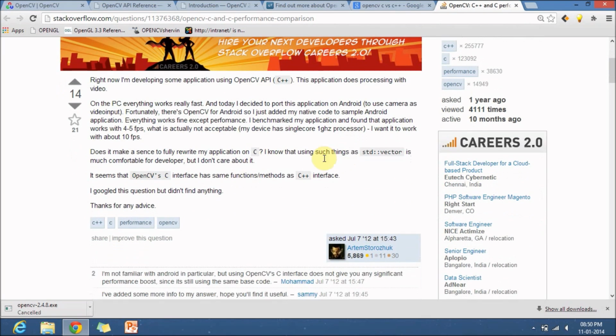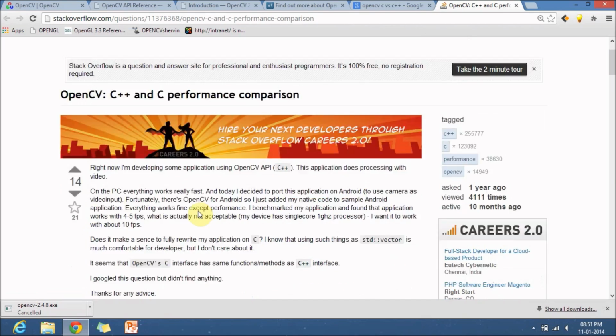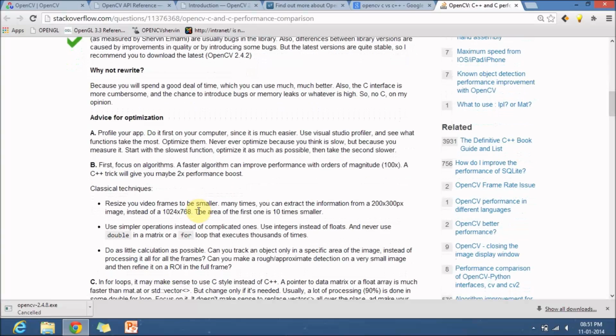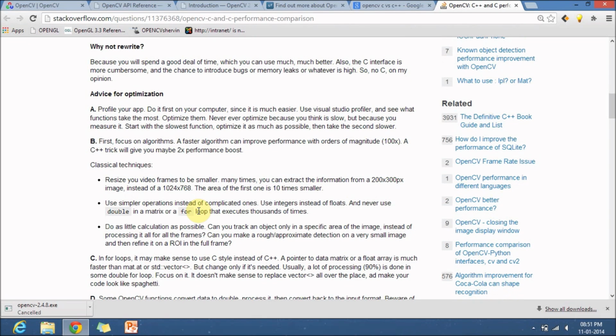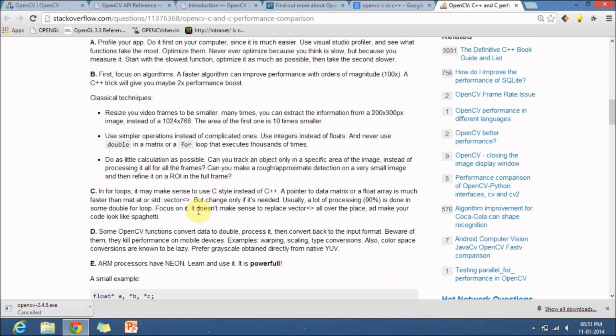In that, someone posted regarding the performance of C versus C++. This post says that the performance of C and C++ is almost the same, so it depends on the programmer, how you use both programming languages. It all depends on your algorithm. There is not much difference in the performance.